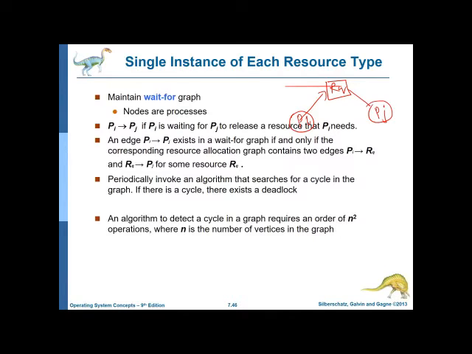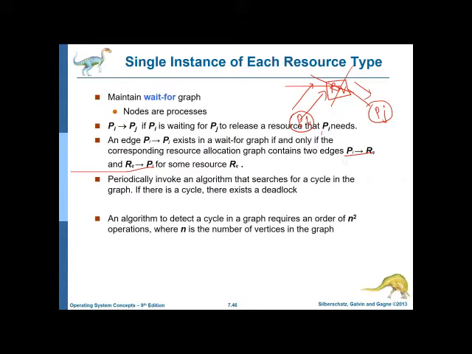Now this is a situation that occurs in a resource allocation graph. In a resource allocation graph, you can see it will be represented by two edges. One is from Pi to Rq, that is like this, and the second one is from Rq to Pj, that is like this. So we have two sets of edges. One is requesting, the other one is already being held by the other process. And this is what happens in a resource allocation graph. This thing we are going to change by removing the resource in a wait-for graph.